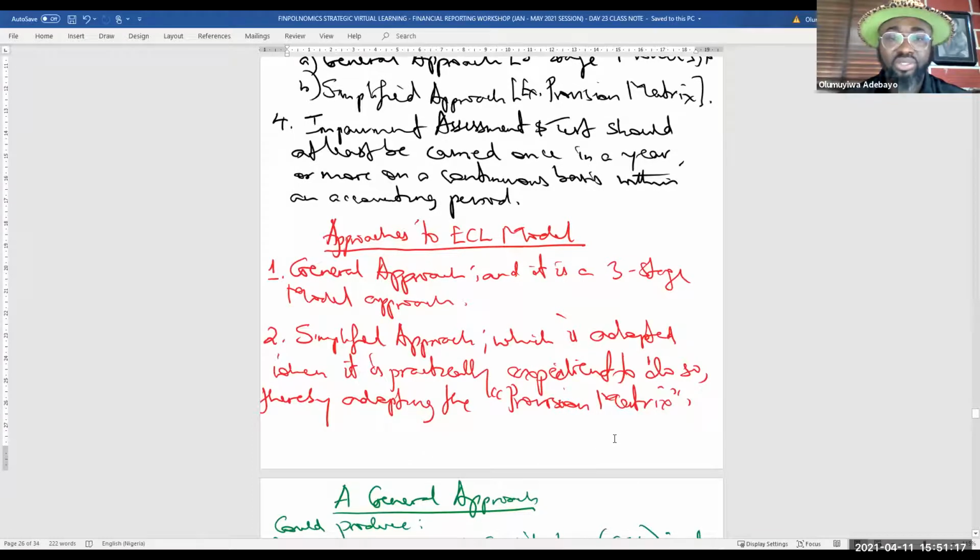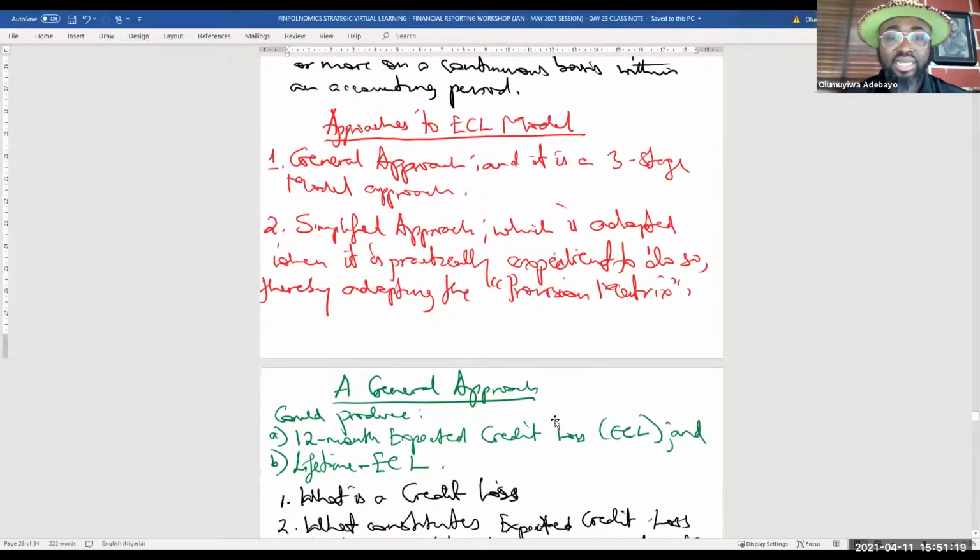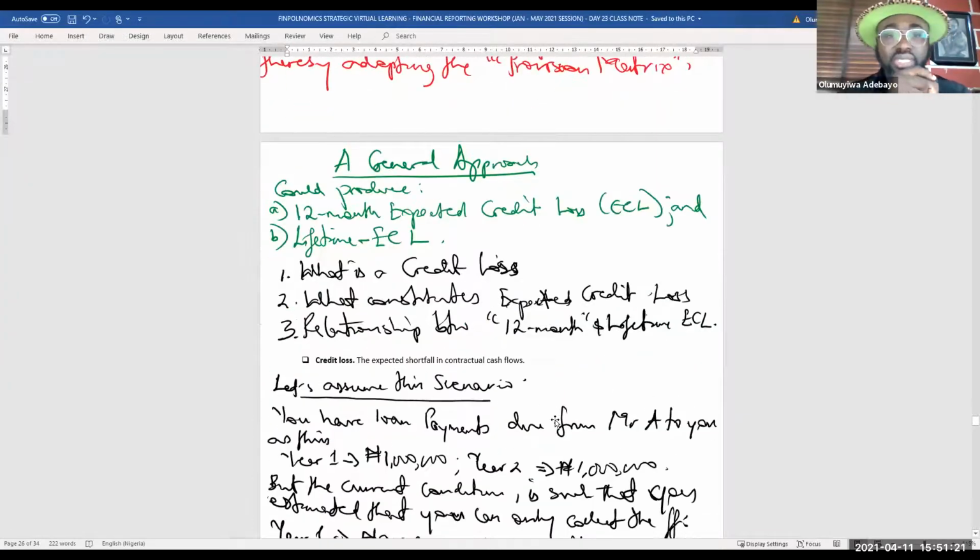We also went further to explain the general approach. We said the general approach could produce a 12-month expected credit loss, and it could also produce a lifetime expected credit loss. We're going to discuss when we make use of 12-month expected and when we make use of lifetime expected credit loss. But to have a better understanding of what expected credit loss is,